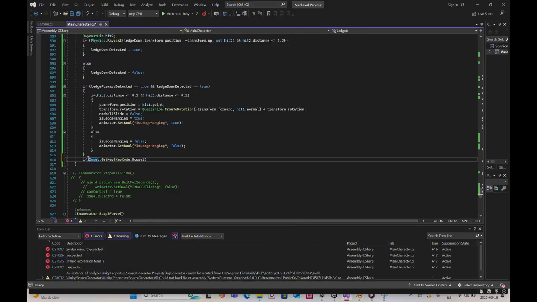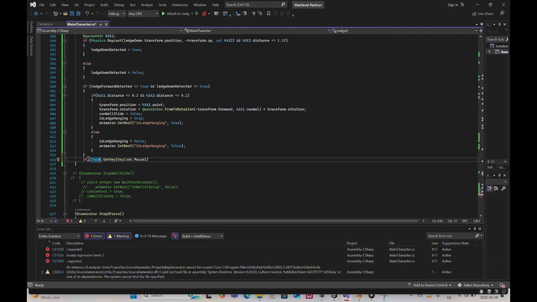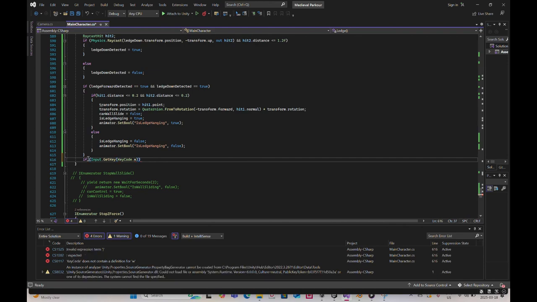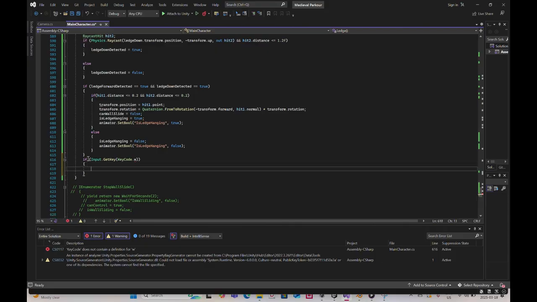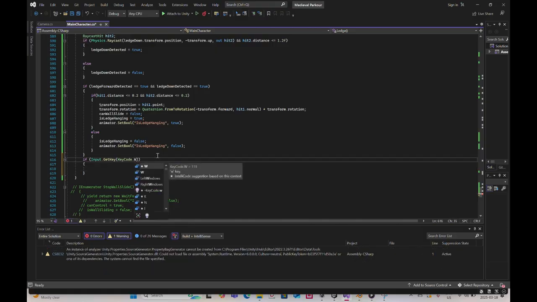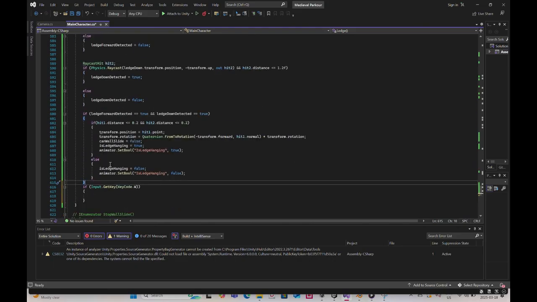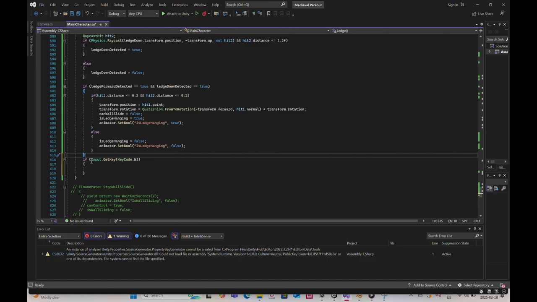If the W button is pressed, so if Input.GetKeyDown W is pressed,